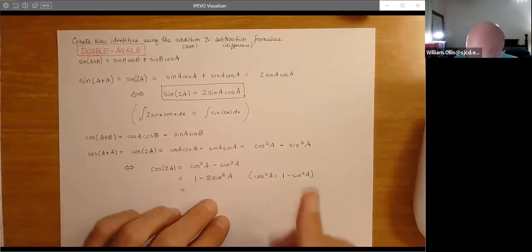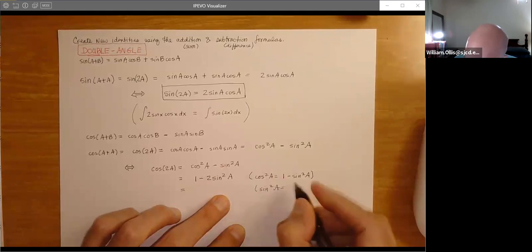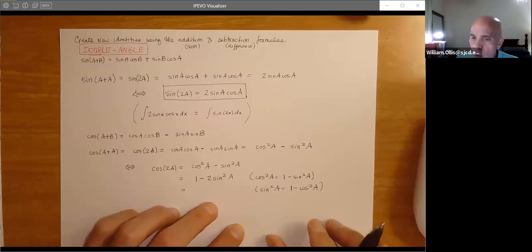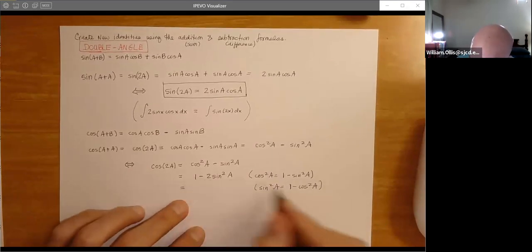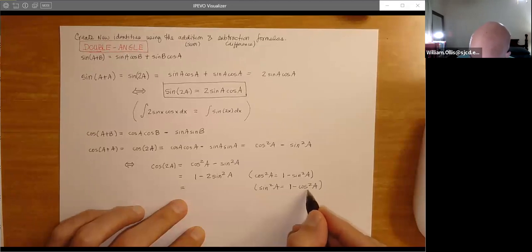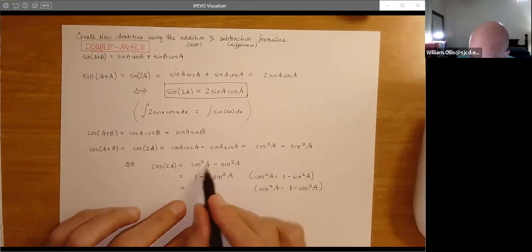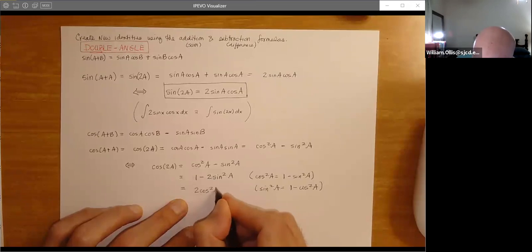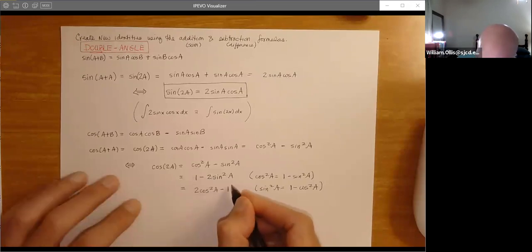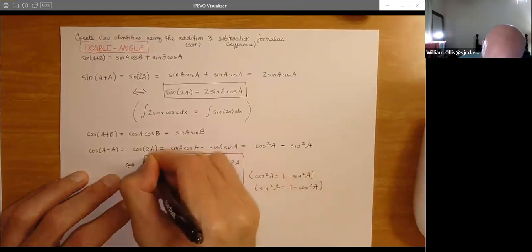Now, of course, there's no need to discriminate. Let's do the same here. Let's replace sine squared A with 1 minus cosine squared A. So you're thinking, this is so simple. Why do we care? Well, these just turn out to be very useful. This is going to give us 2 copies of the cosine squared, but since we have the minus here, we get the 2 up front. So we get 2 cosine squared A minus 1. So we get 3 formulas out of 1.